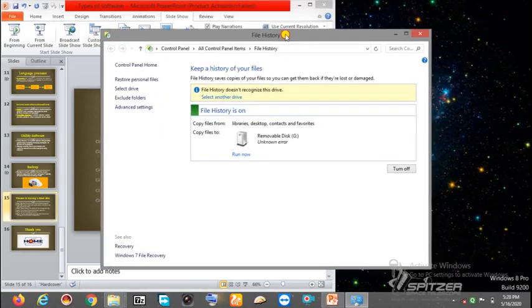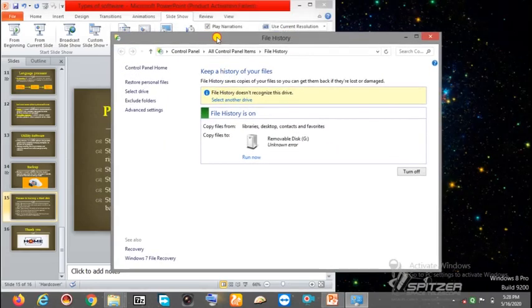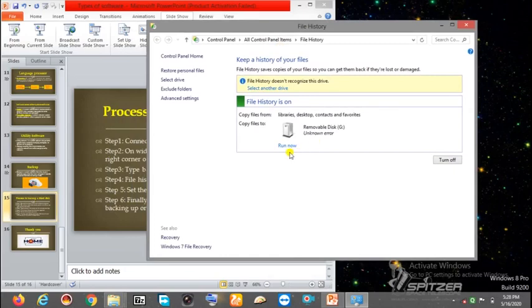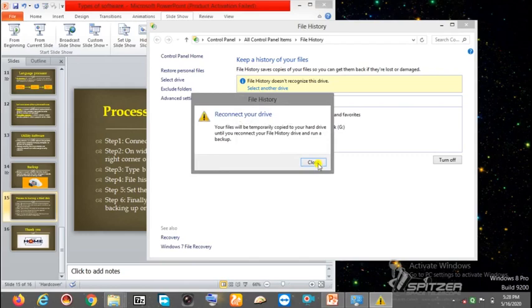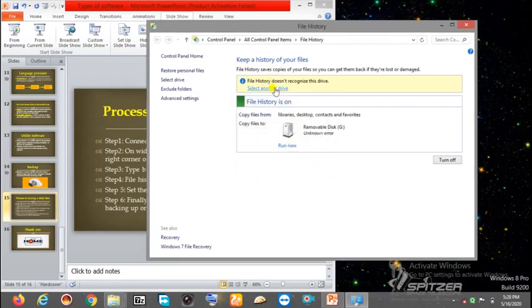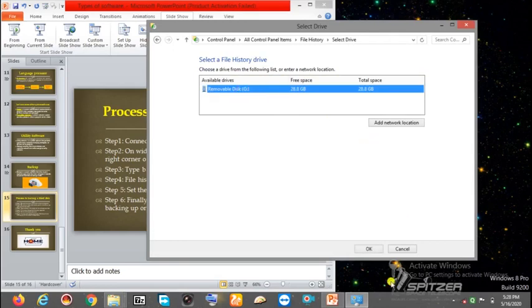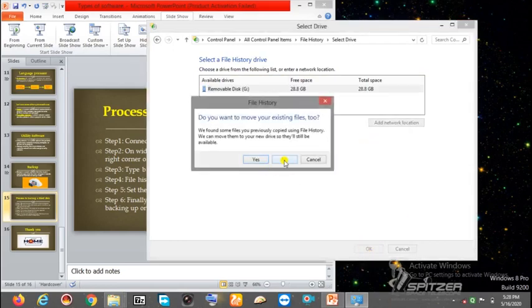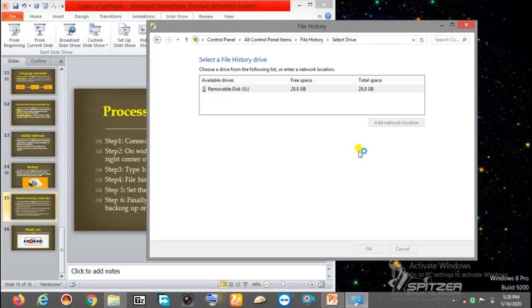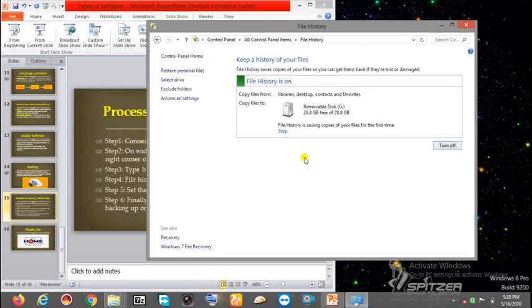I have Windows 8.1, so the backup option is not here, but I have a different option, Run Now. First I need to set the drive, select another drive, the pen drive, then OK. Now you can see File History is saving a copy of your files for the first time. Now it's copying.